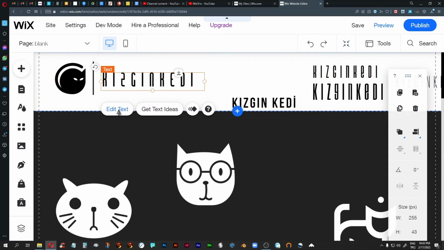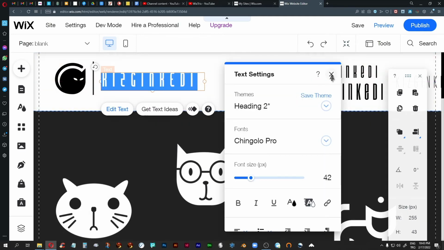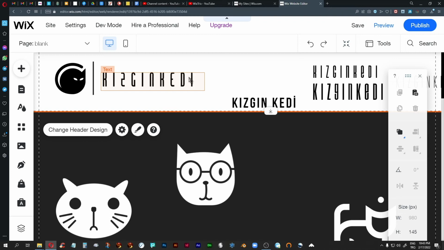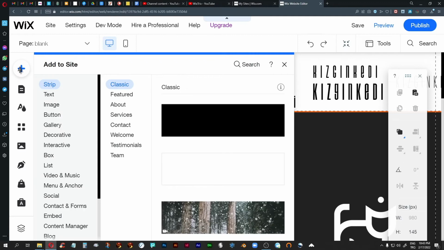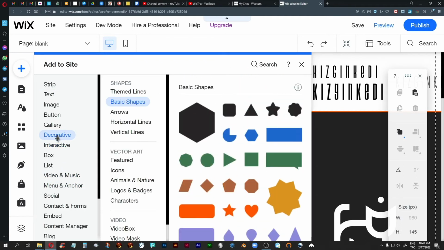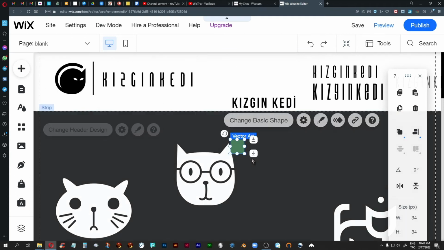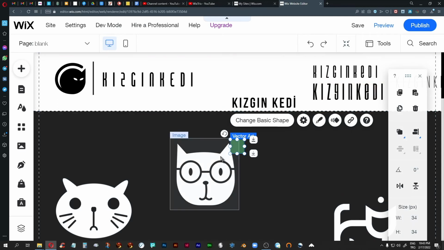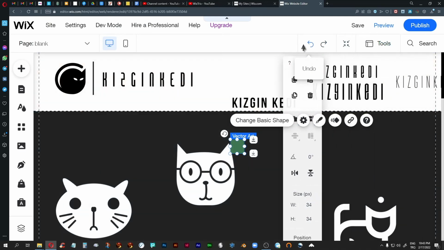This is something called Chingolo Pro, and one of the problems it has is that it doesn't have Turkish characters. So if I were to decide to use this, I would actually need to make an I. And the way that I would do that, not that I'm going to use this, but I just want to, let's see, here's the box. I wouldn't try to scale this myself. What I would do is